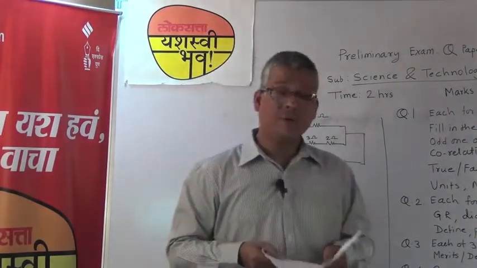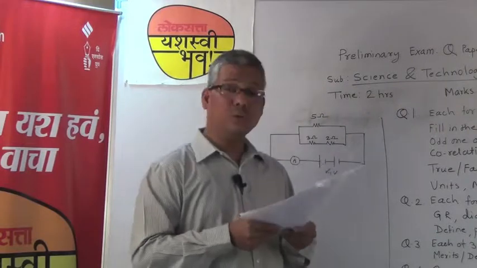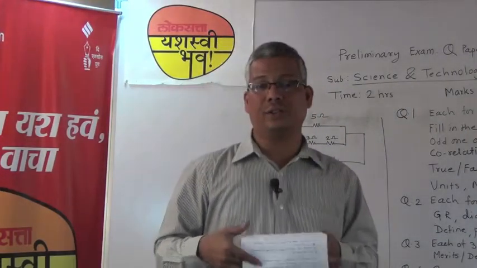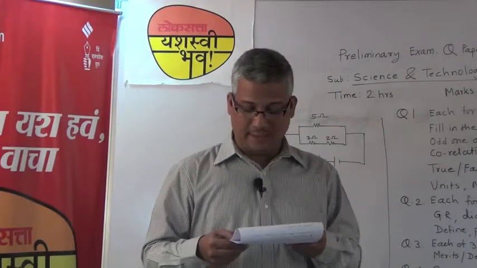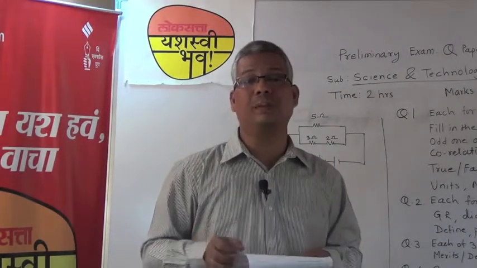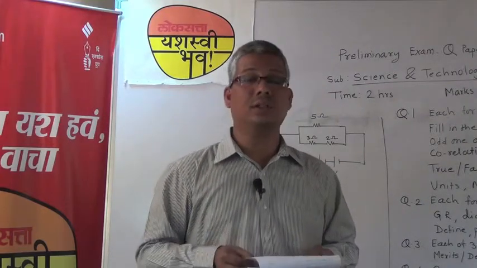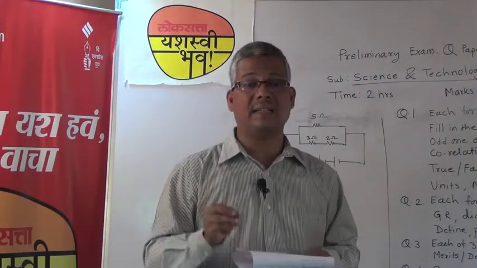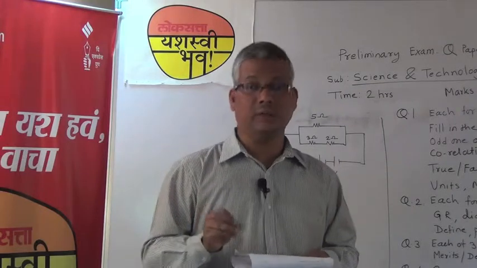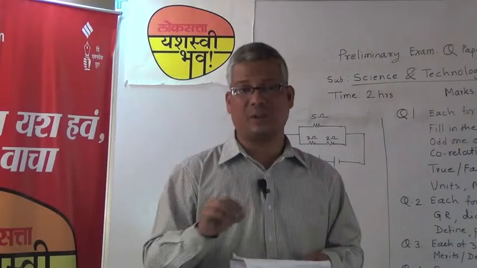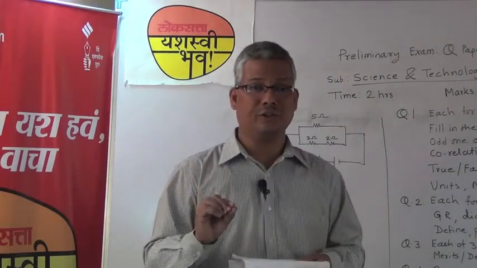Okay. Now in question number 2B, definitions are asked. There are 2 definitions: focal length of a lens and magnification of a spherical mirror. Here be precise about the words. Write down the definition as it is given in your textbook. Don't add your own words or give any explanation about the definition.